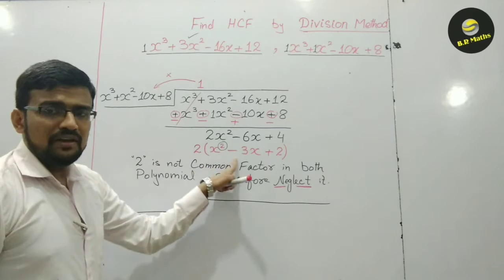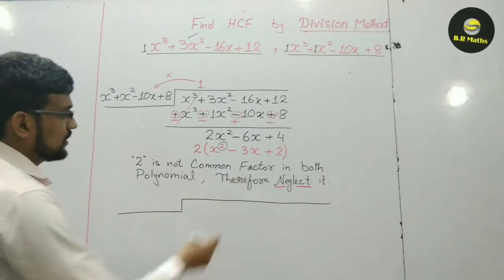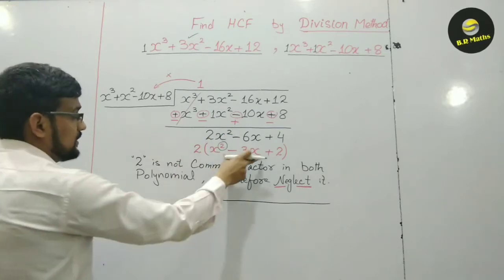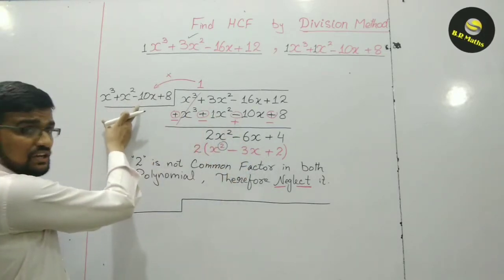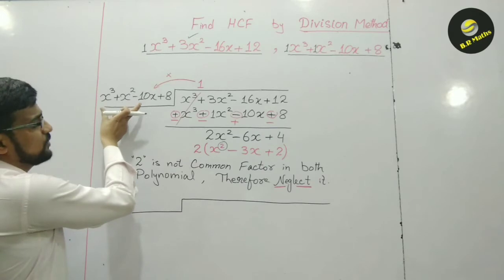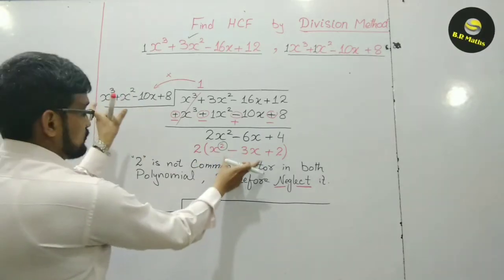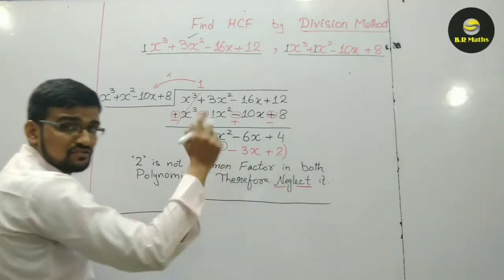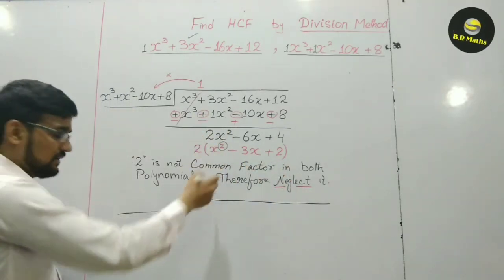Now x square minus 3x plus 2 has become smaller as compared to this divisor polynomial. So they switch with each other, and x square minus 3x plus 2 now becomes